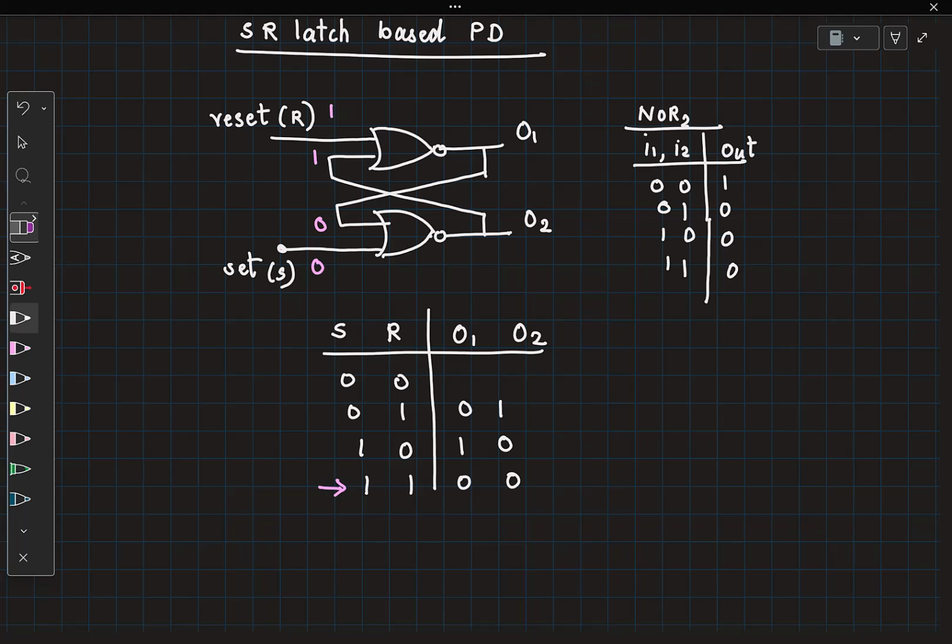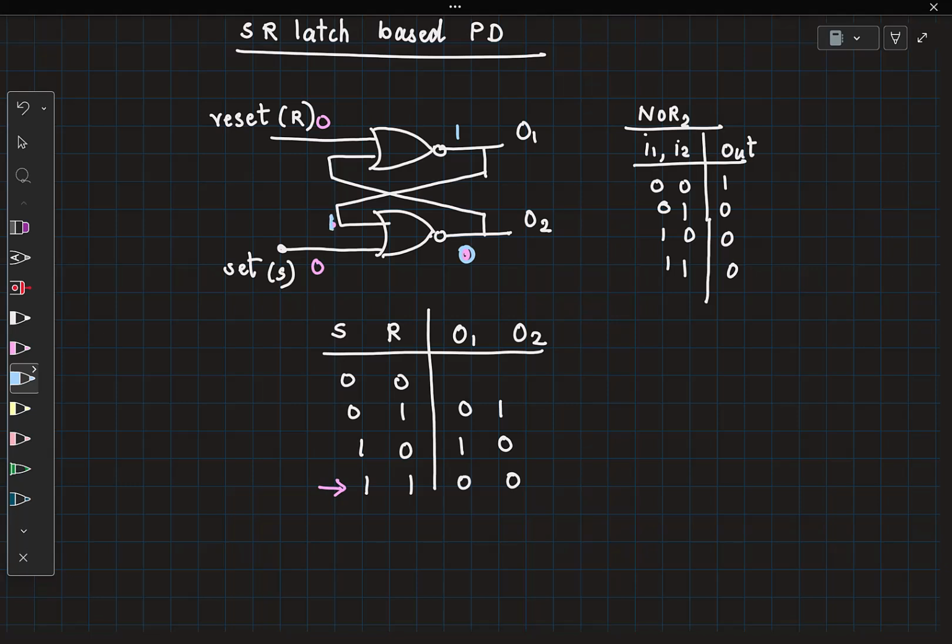The last case is where I apply both as zeros. So now I cannot determine the output of this without knowing whether this is a 0 or a 1. And the same is true for the first NOR gate as well. So I have to first start with some initial condition and then check if this is leading to a consistent solution. So let's assume that this was initially 1 and this was equal to 0.